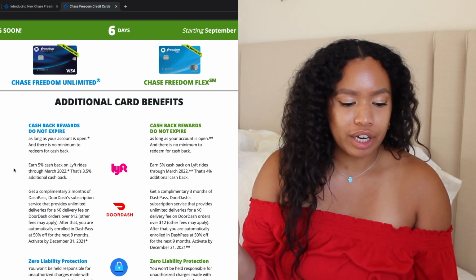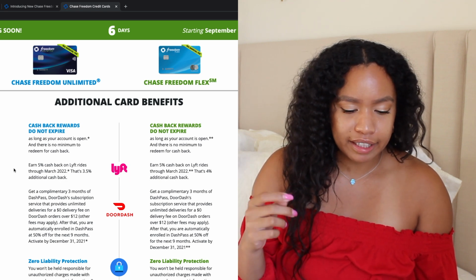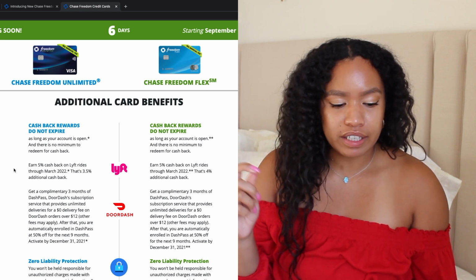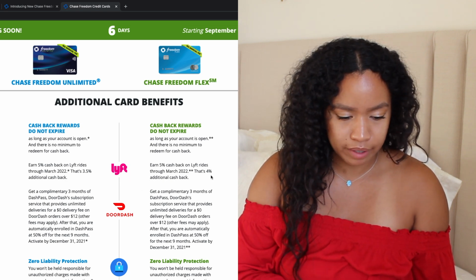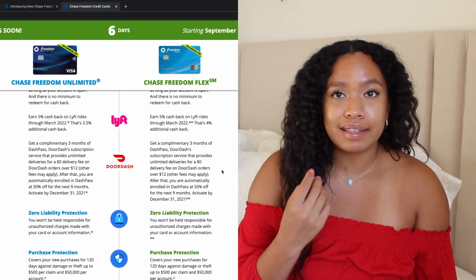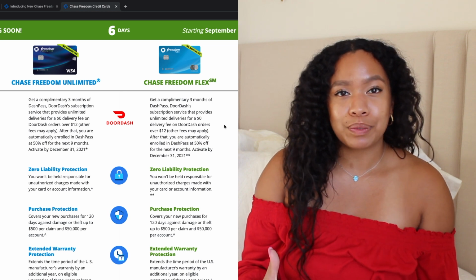Here we're able to see you're able to earn a 5% cash back on Lyft rides with the Unlimited and the Freedom Flex cards. With the Freedom Unlimited, it is a 3.5 additional percent cash back as opposed to the Freedom Flex, which is a 4% cash back in addition. They both additionally give you the DoorDash credit as we've discussed, and that is exactly the same between the two cards. A lot of the other benefits are going to be very similar too, as we can see here with